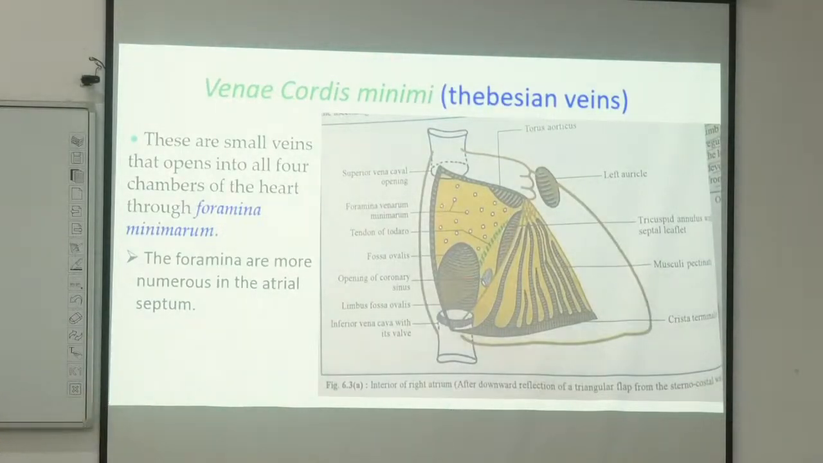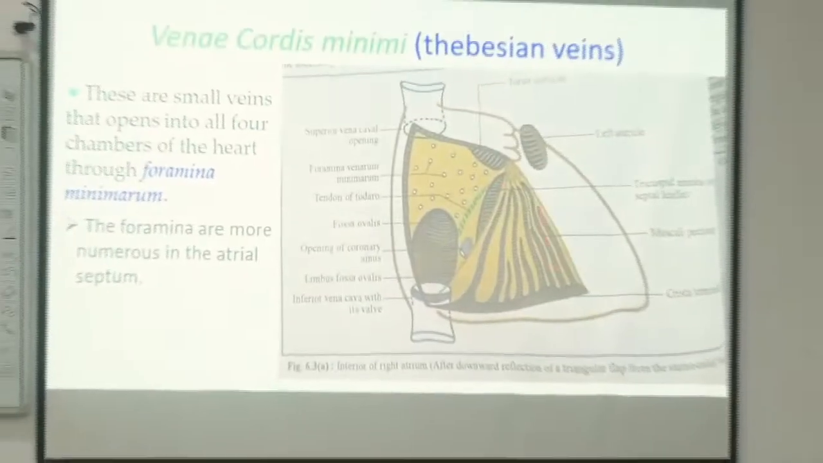Next is venae cordis minimae, or Thebesian veins. They are small veins that open into all four chambers of the heart through foramina venarum minimarum, or foramina venarum minimarum. Here, see this is the right